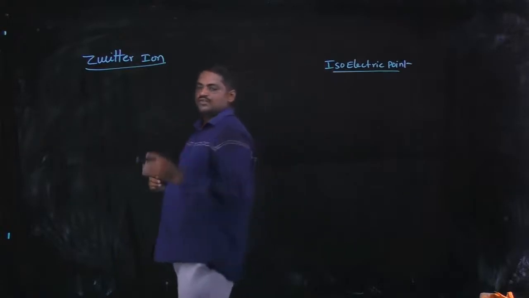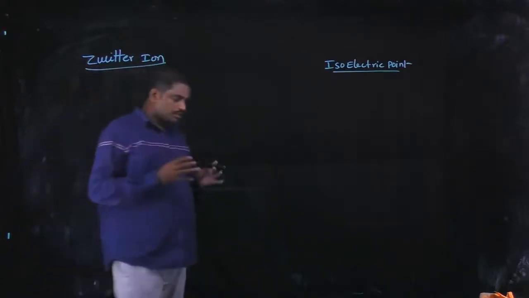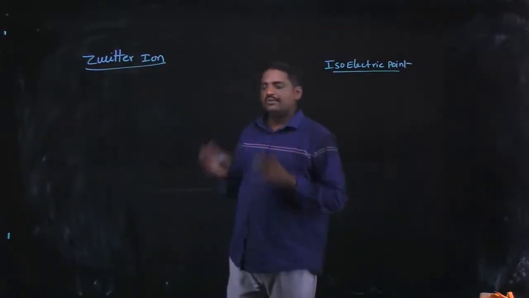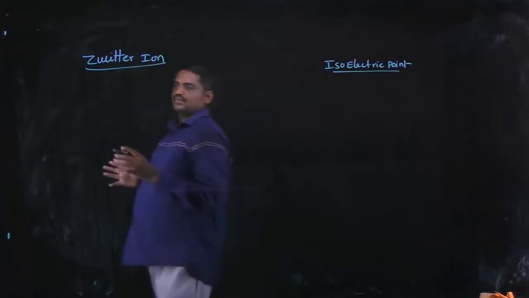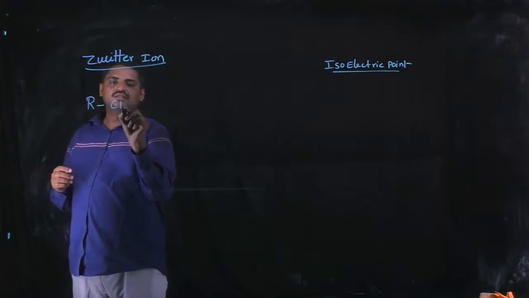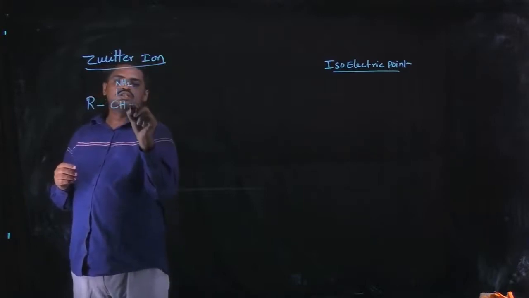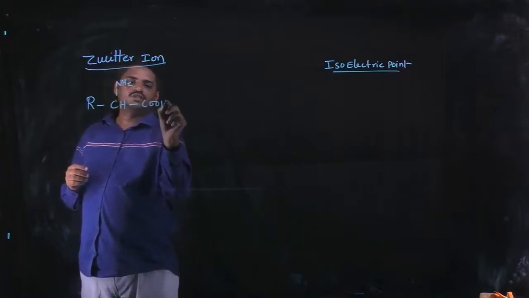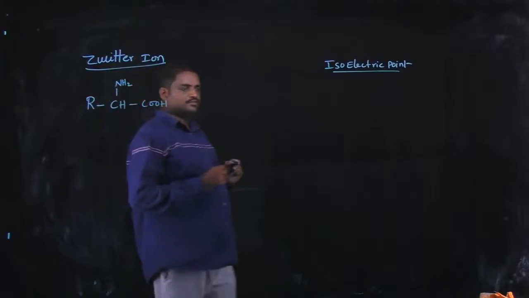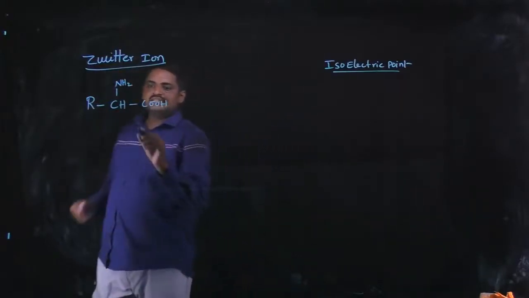Next one, Zwitter ion. What is the meaning of Zwitter ion? For example, the general formula of amino acid is R CH NH2 COOH. This is the general formula for amino acid. So this amino acid